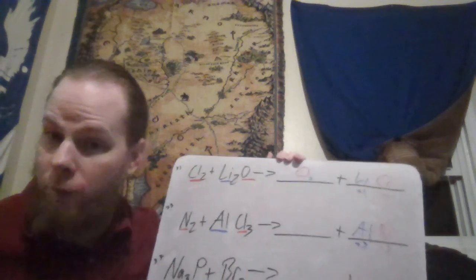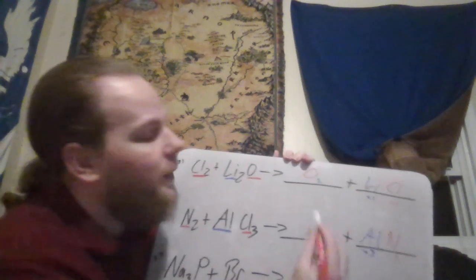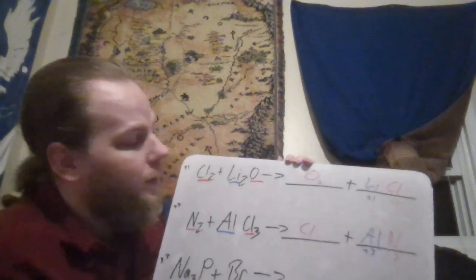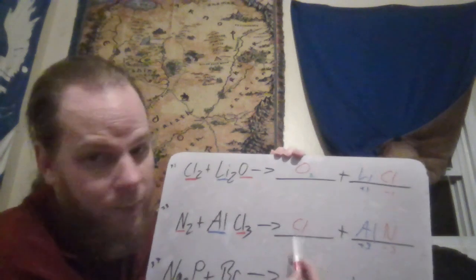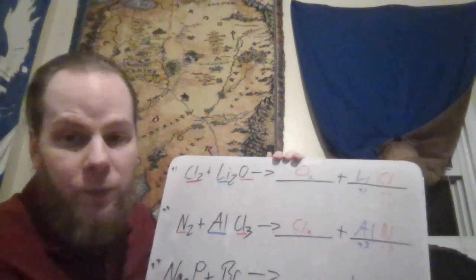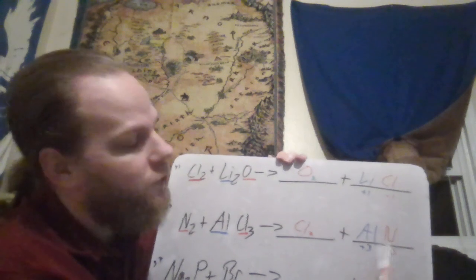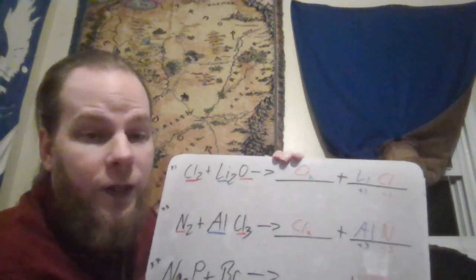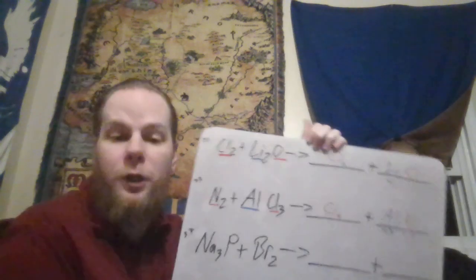Both of which you're supposed to have memorized. And the Cl is going to go by itself. Okay, but Cl, again, by itself, can't be by itself, diatomic. We have to add that 2 subscript. Now for aluminum and nitrogen, or aluminum nitride, +3, -3, those cancel. We don't need to add anything to this time. And that brings us to the last one that I'm going to go through,